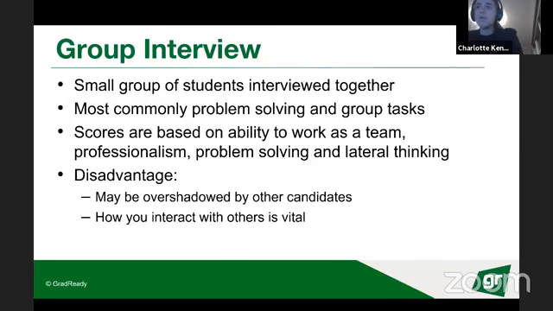So you want to make sure you're not being obnoxious, but that you are showcasing yourself to the best of your abilities. And just make sure to be nice to other people. Don't be that group member that we all know from undergrad, pretty much.